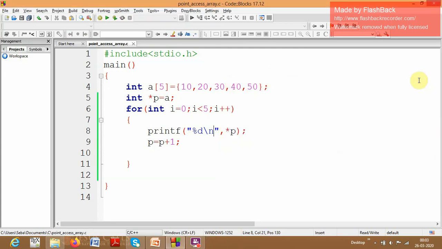So what I am doing, I am storing the array address into P, then I am displaying the first item, then I am increasing the pointer by 1 so that it will go to the 20. Then it will check the condition, it will be true, it will come and print the 20. After that it is increasing the P by 1. Then when it is 20, whenever increasing P plus 1,